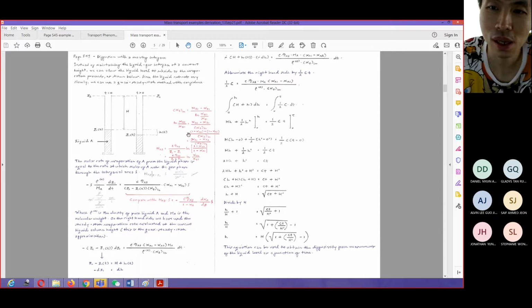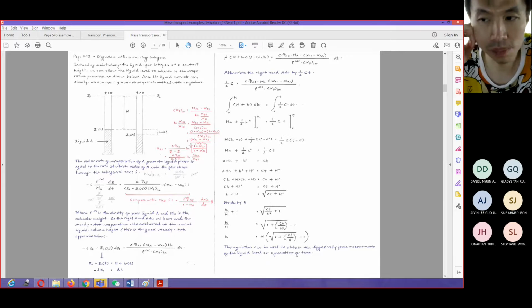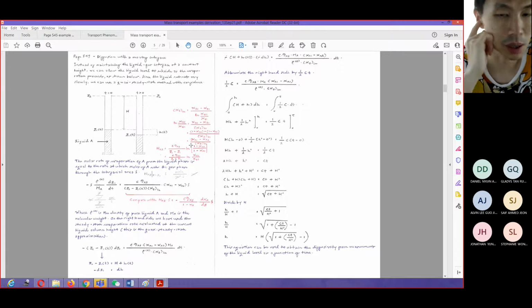Okay. I did not really give this particular problem in your canvas because I don't want to make it complex. I just want to keep your mass transport to what you have. This is an additional derivation that I did as part of my own interest. You need to know that this is basically equal to this molar flux N_Az multiplied by the surface area, so that the surface area will cancel.